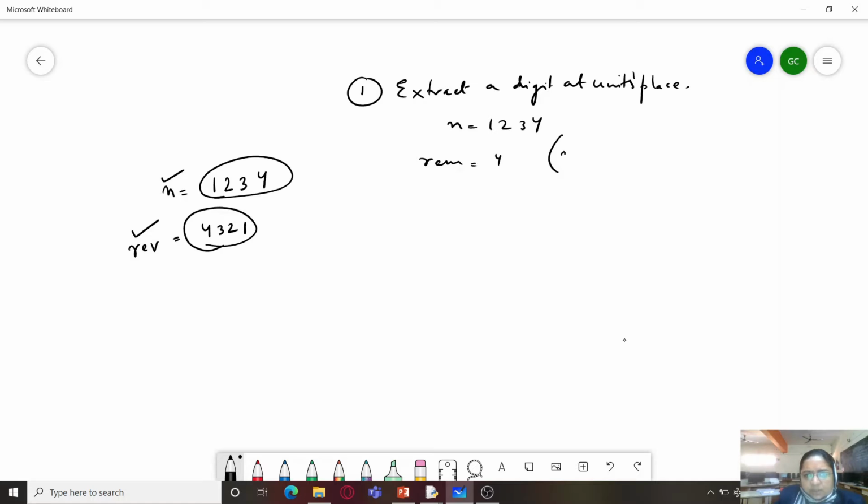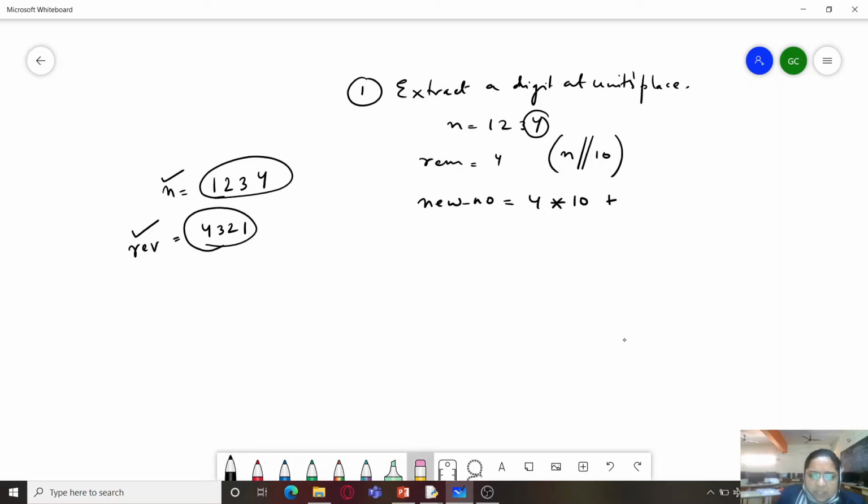And this we usually get by taking the remainder of the number divided by 10. This will give me the digit at the units place. Now this new number I can generate by multiplying this 4 with 10 and adding it.